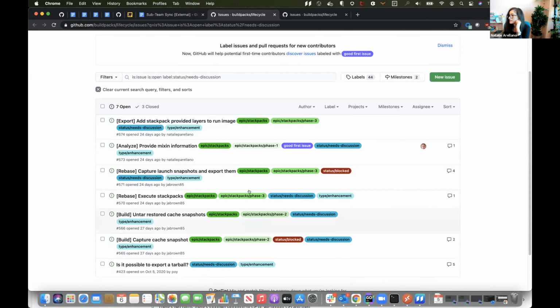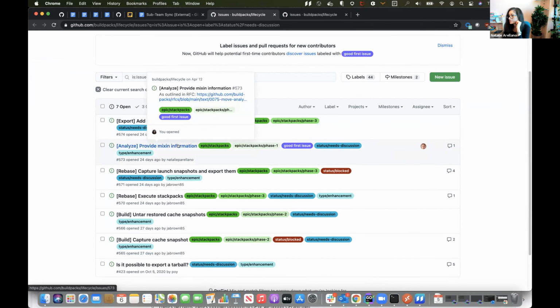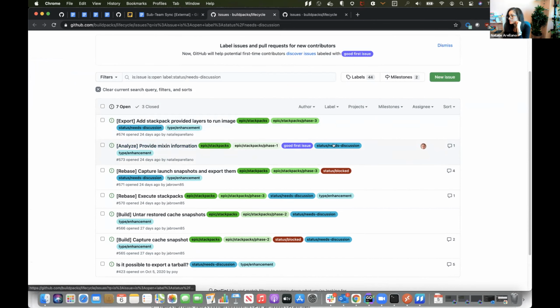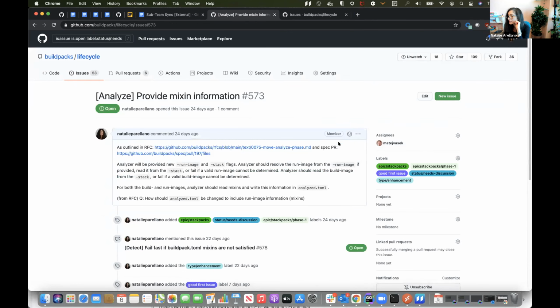Let's see if there is one, actually, we should probably address this. There's one stack packs issue that has a needs discussion tag on it. Given that RT is looking at it, maybe we should just try to resolve whatever uncertainty might be there.